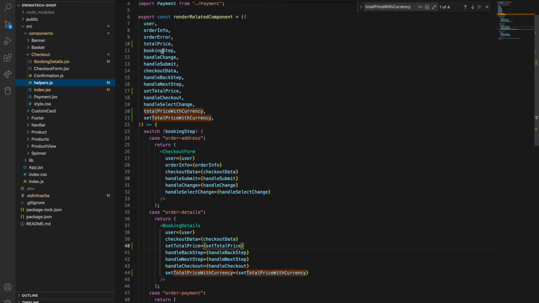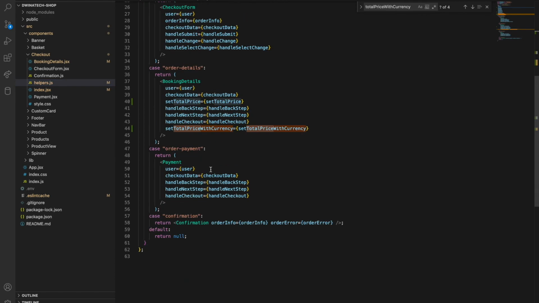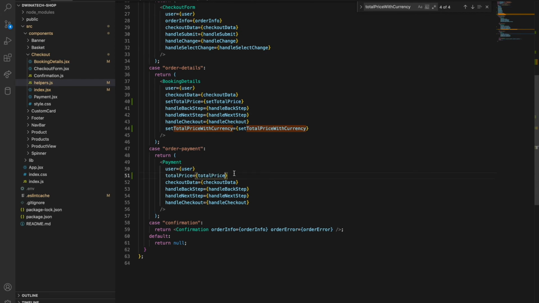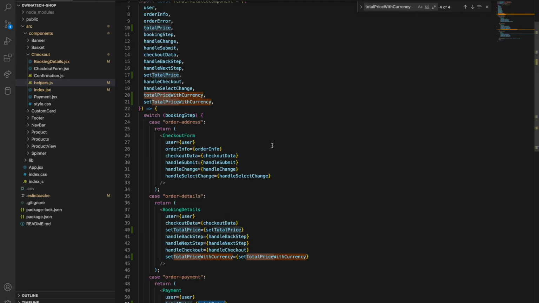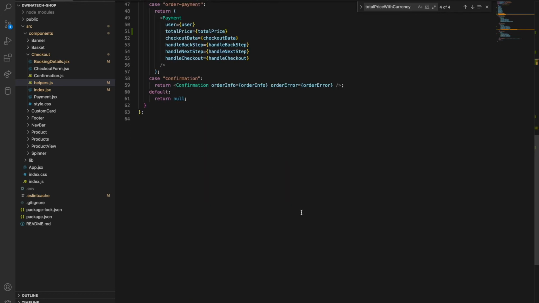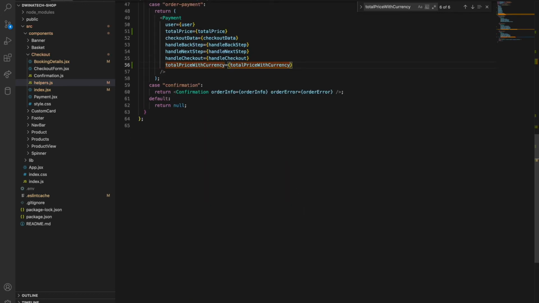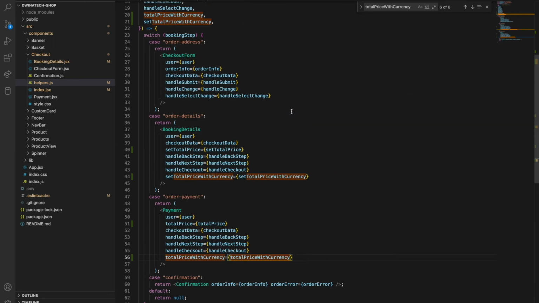Basically I need to pass the total price to the payment component. So now where I can access these props, and I have the total price, and also I need the total price with the currency. So if I scroll down here at the bottom for this payment component, now I have these two. Basically before finishing this, if I go